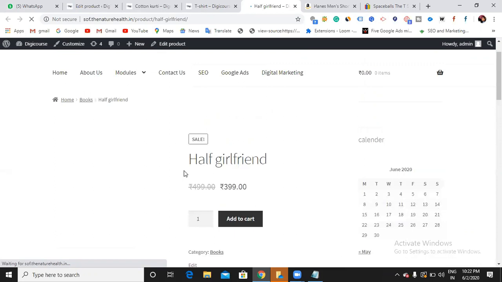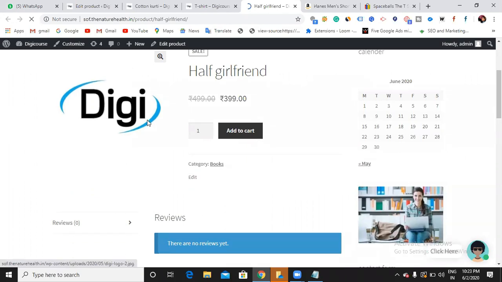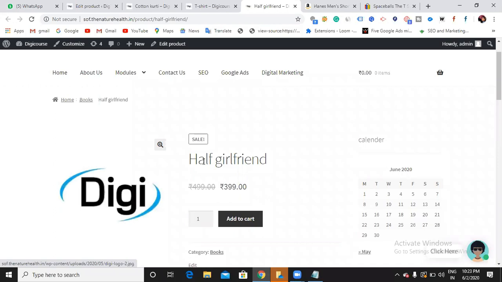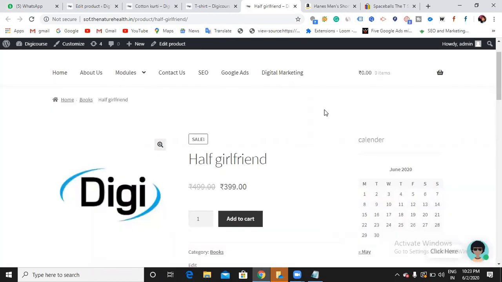So here you can see the product title, like I just gave the product title for my downloadable product, and here you can see the product image, and you can simply add that product to cart and you can simply download it. Yes, so this is how we can create a simple product, downloadable product, and then variable product according to your requirement, right? So finally, this is how we can create a